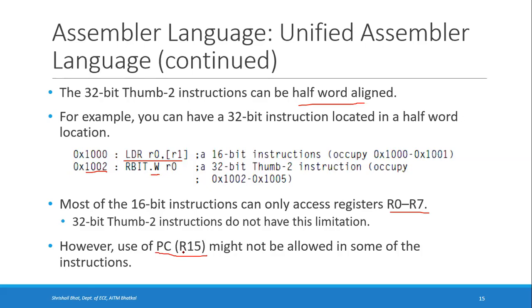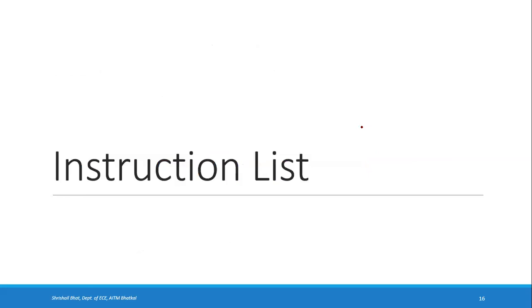So that's about the unified assembler language in assembly language programs. In the next part, we have lists of instructions: the instruction list and instruction descriptions. There are different types of instructions used depending on where we are using them. We are going to study the instructions along with their syntax and a description of how they operate on the respective operands. We will continue in the next session.